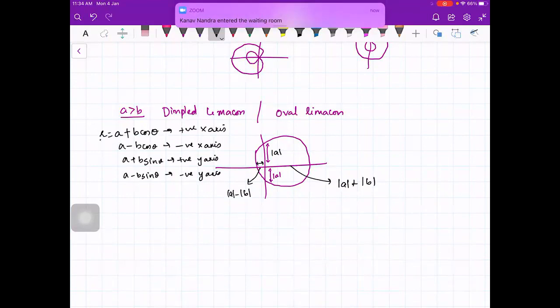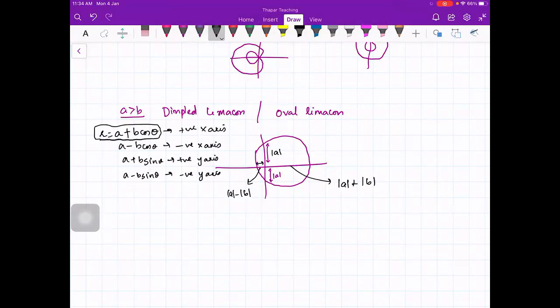Yeah, because you see, if you have r is equal to a plus b cos theta, it means that the maximum part will be on positive x-axis. Fine, beta. These are the shortcuts, right? And if you have a minus b cos theta, then you will be plotting the maximum part on the negative x-axis. It is not a circle, beta. Exactly, it is something like this. Here you have to plot.